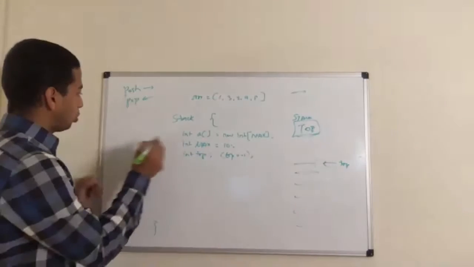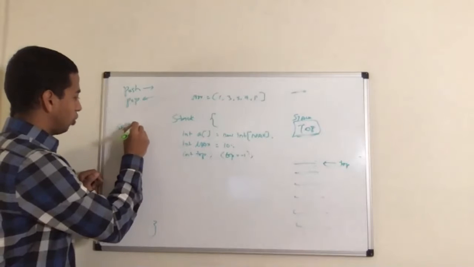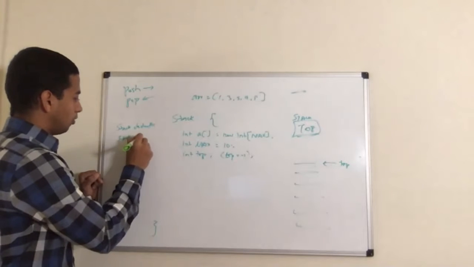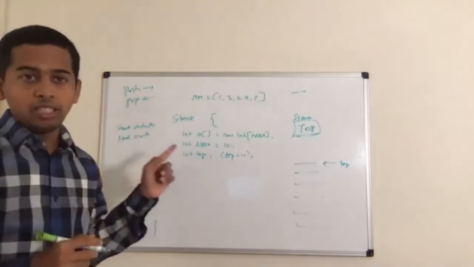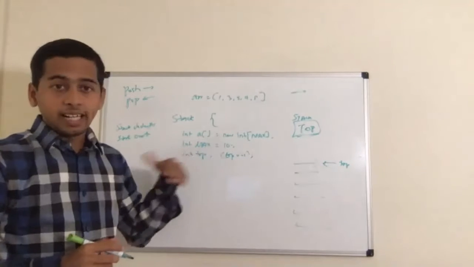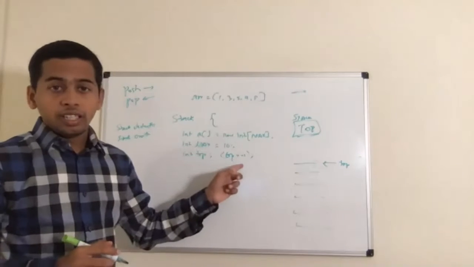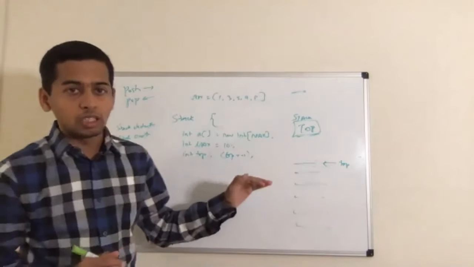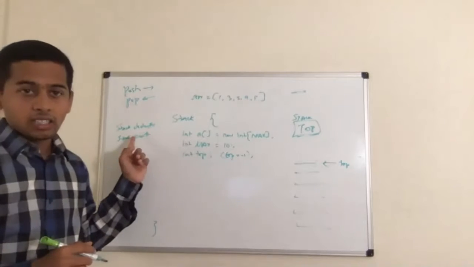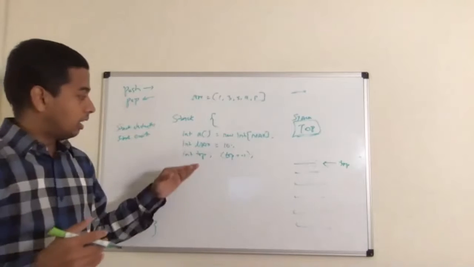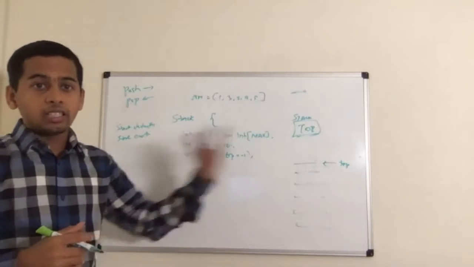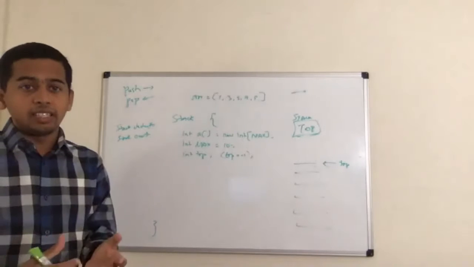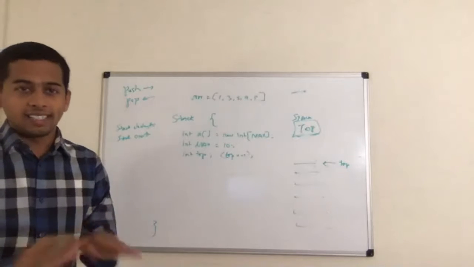Okay, so there are two things in a stack. One is called stack underflow, and the other is called stack overflow. What is stack underflow? Underflow means if the stack is empty, then the top will be the initialized variable, which is -1 in my case. So if top equals -1 at any given point, then it means the stack is underflow. There are no elements in the stack. If top is greater than max +1, then that means we cannot store anything in the stack because it's full. So it's called a stack overflow.